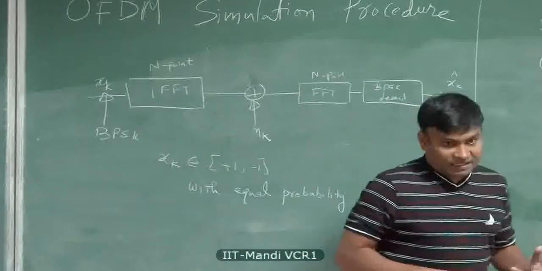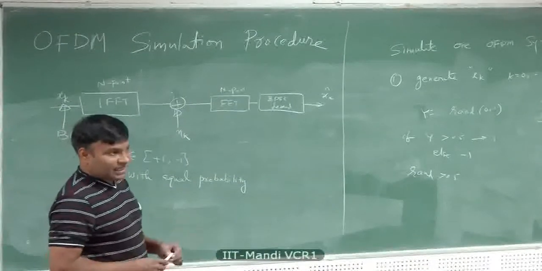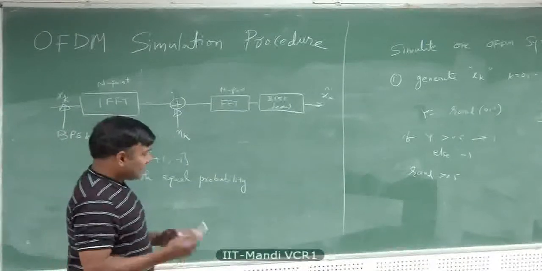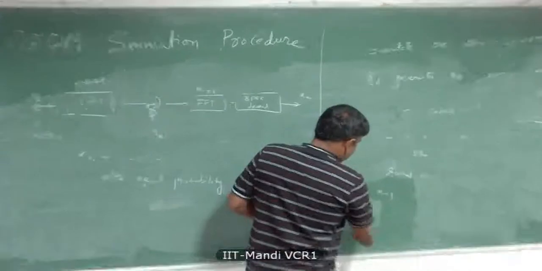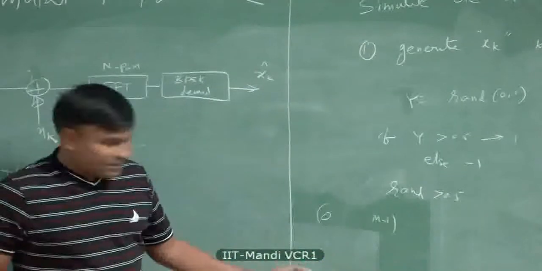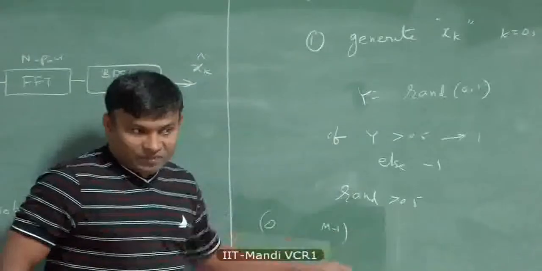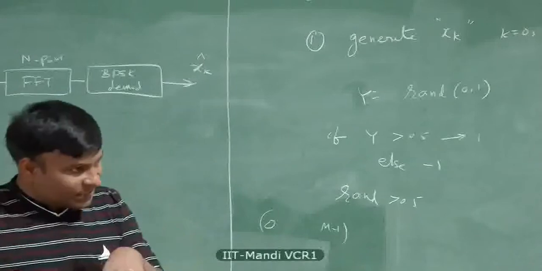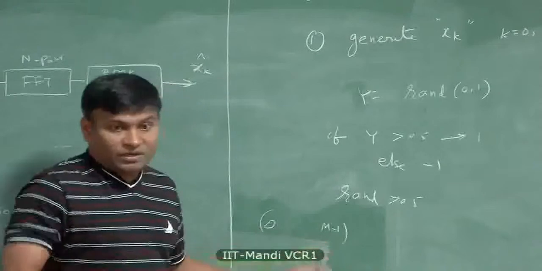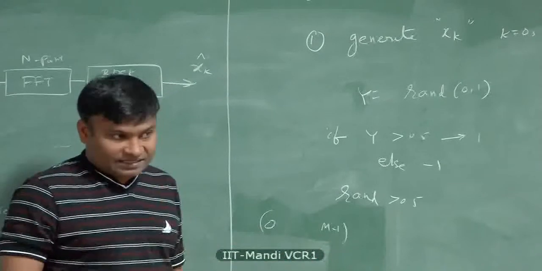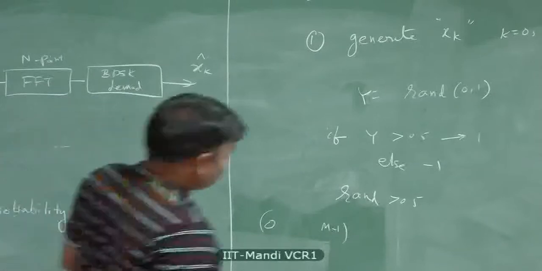If I ask you to generate 16 QAM or 8 PSK, PSK is easy. Actually what you should do is, if you have points 0 to M minus 1, there is a command called randint, and it picks one integer from 0 to M minus 1. You pick that integer and you have a constellation lookup table, and you map every one of these points to a constellation. That's another way of doing it. You have an M-point constellation. It's a table, right?